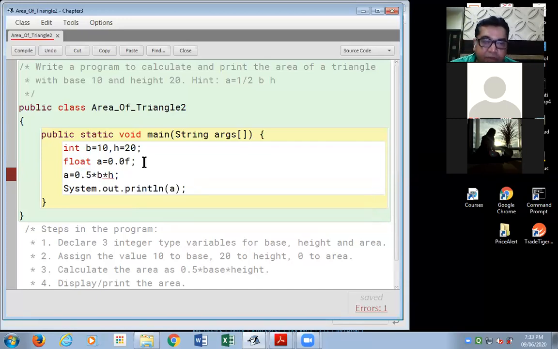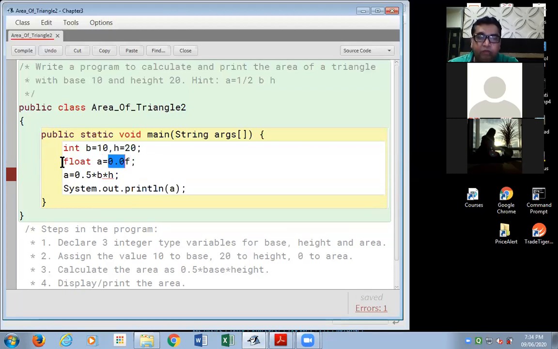When you're defining variables and you don't know their value, you are about to calculate the value in the program, you initialize them with 0. Initializing means giving beginning value, initial value to the variable. That's why we have written 0.0f. Last session I demonstrated that when you're defining float values, you initialize them.